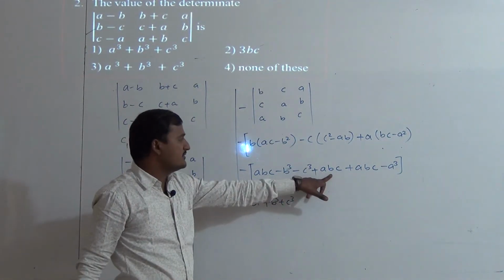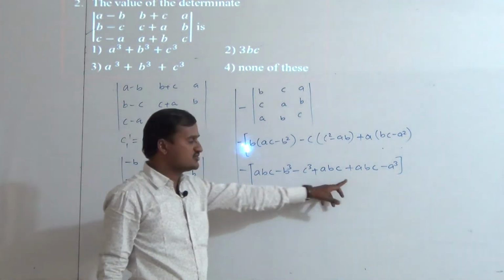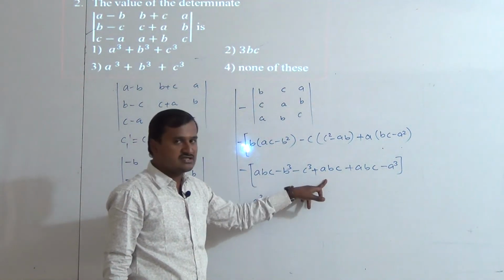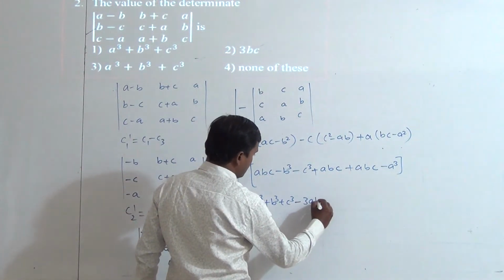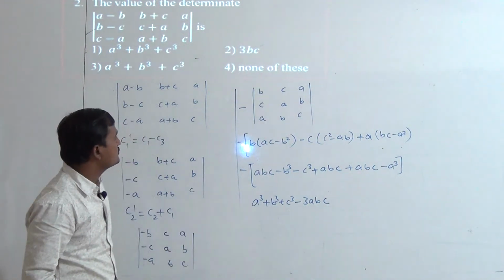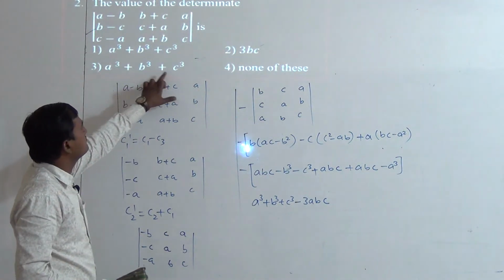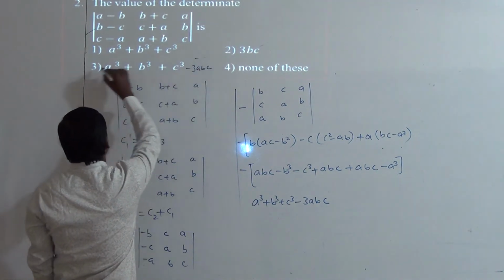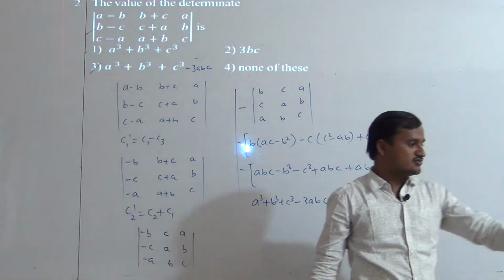And here it is ABC, ABC, and here also ABC. So clearly there are 3 ABC. Multiplying this minus to all the ABC, so clearly you are getting a minus. So clearly this becomes minus of 3 into minus 3 A into B into C. So therefore which option is the right one? So clearly A cube plus B cube plus C cube, and clearly it is a minus of 3 ABC. So therefore the third option is the right one. Okay, we'll go for next question.